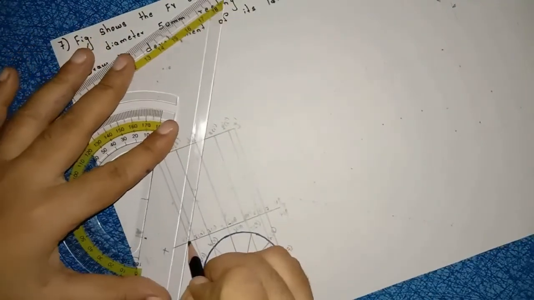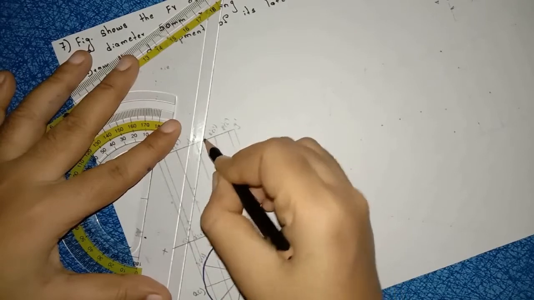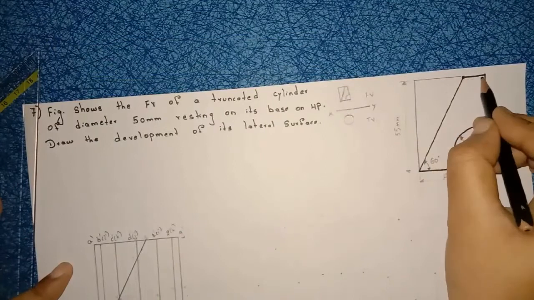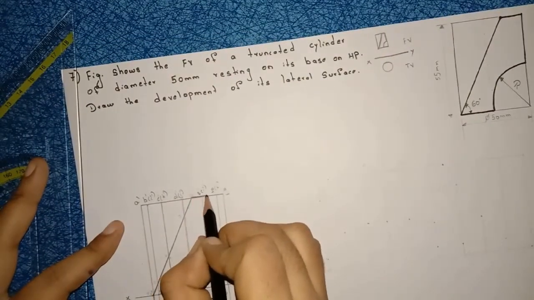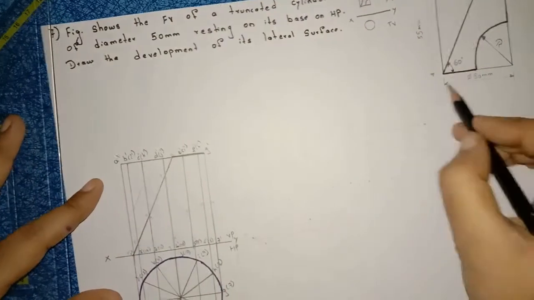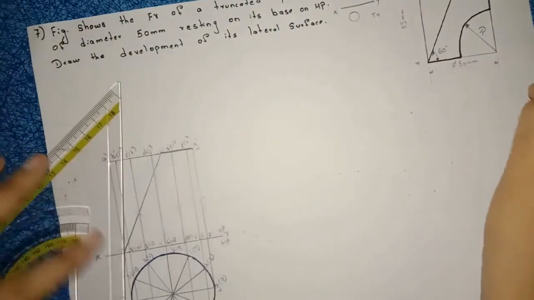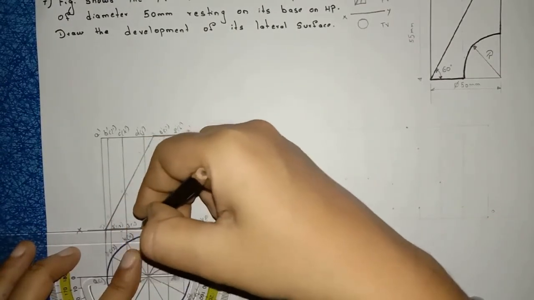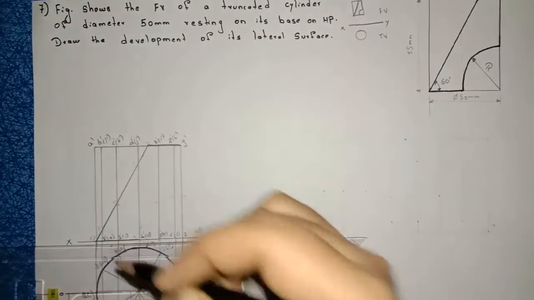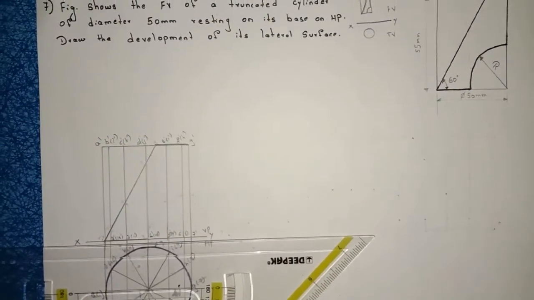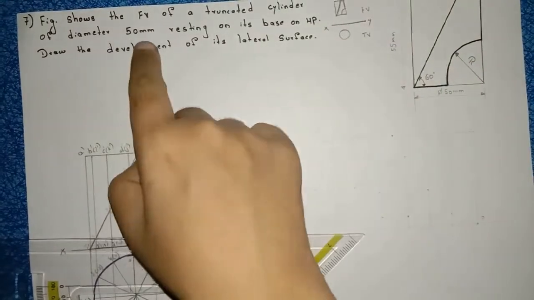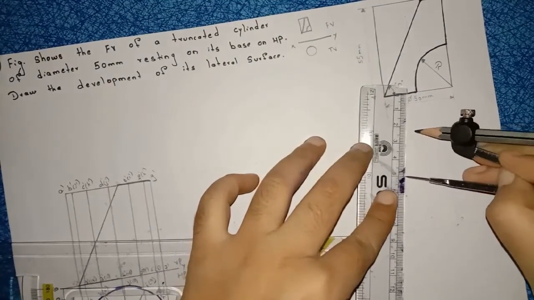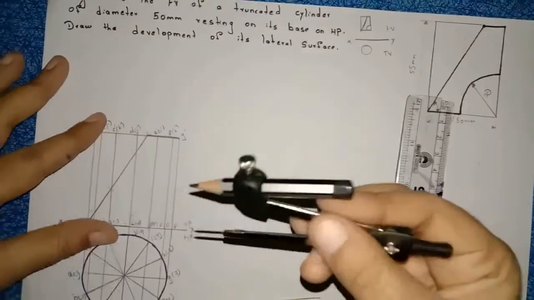Right, now through this corner draw a line at 60 degrees. Right, then next from here a horizontal line. So from here we are constructing the horizontal line. Then this horizontal line is till this axis line. So I am constructing again this horizontal line till this axis line. Right, now here radius is there. Radius of cylinder is how much? 25 mm. Take 25 mm with compass.